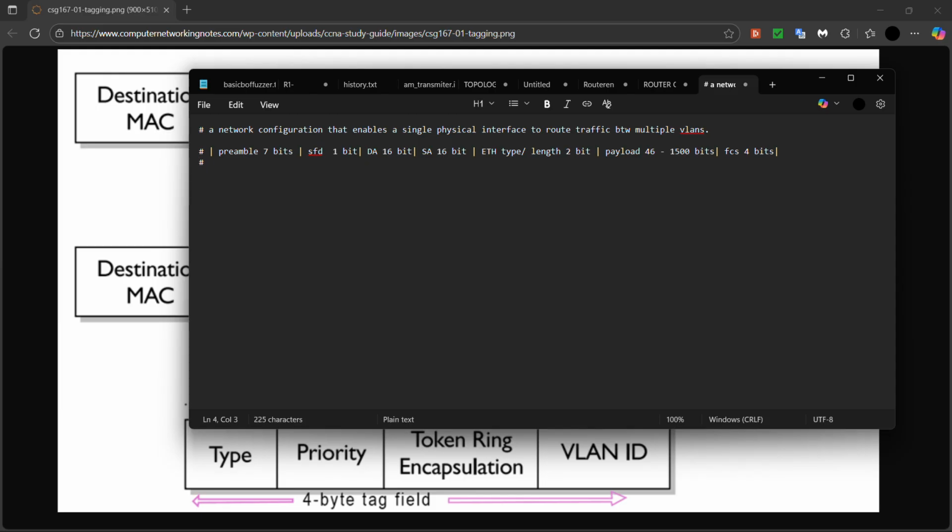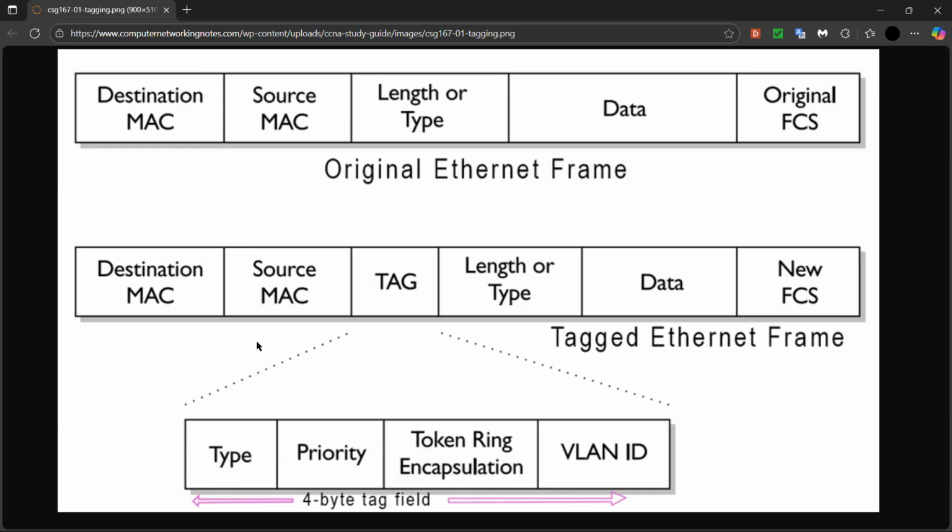And then next we see the tagged Ethernet frame. Tagged Ethernet we use when we are configuring VLANs. Let's see tagged Ethernet. In tagged Ethernet we have an extra tag here. The tag is added in between the source MAC address and the length or type of the Ethernet frame, and the tag contains